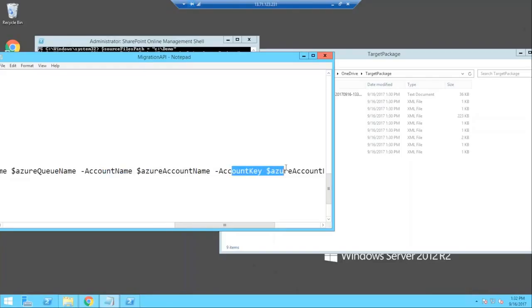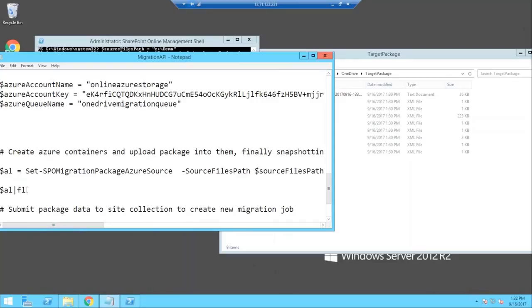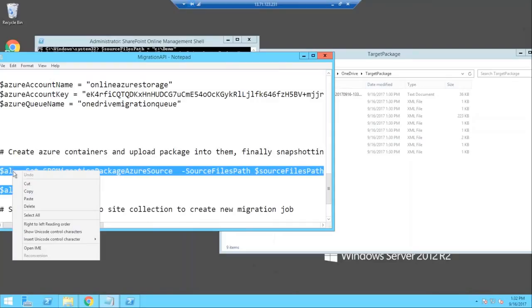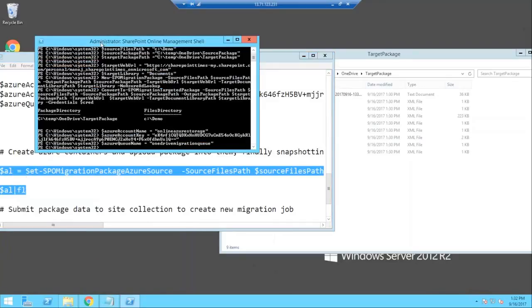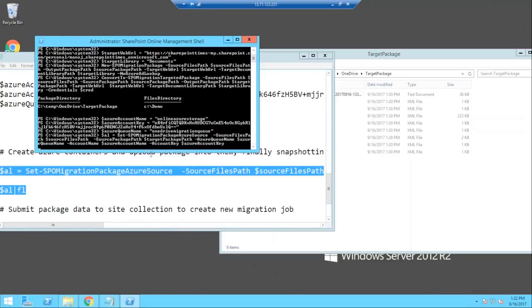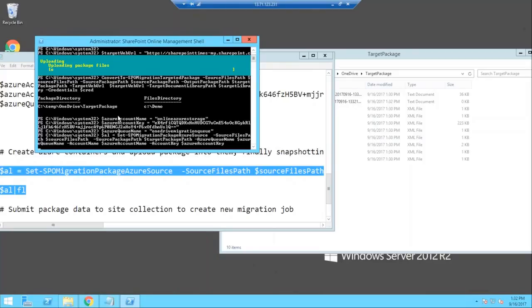I'm not giving the containers, so it will create its own GUID structures. So that's all here. I'll run this command. Okay, start processing. I'll let it complete. It will take a couple more seconds, quite fast. We'll go to the Azure Blob Storage and check.